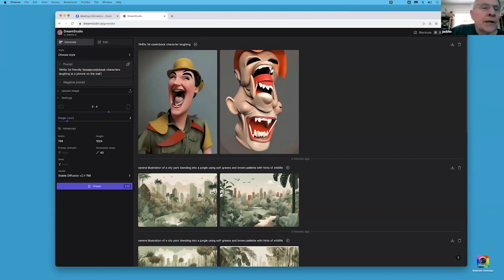You're missing a space between female and comic book. Oh, okay. And then I'm going to put in an art term that I use almost all the time, bokeh,